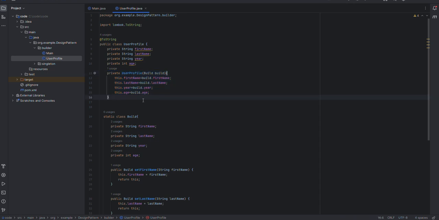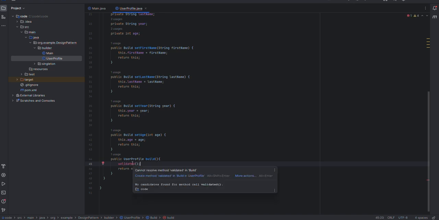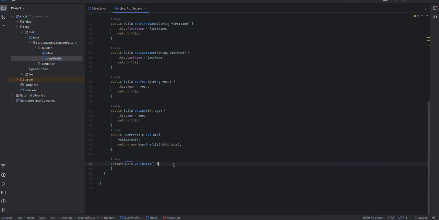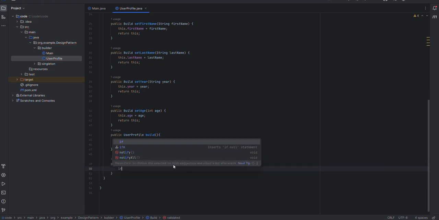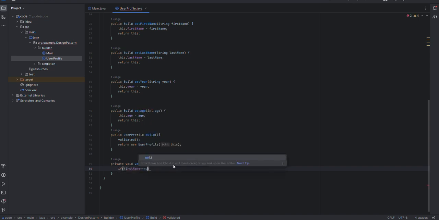If, let's say, the first name is not there, we cannot create the object. This is the requirement. Yes, we can do that. After that, we can create one method, validate. In this validate method, we check if the first name is equal to null or is empty. Directly we can throw one exception,